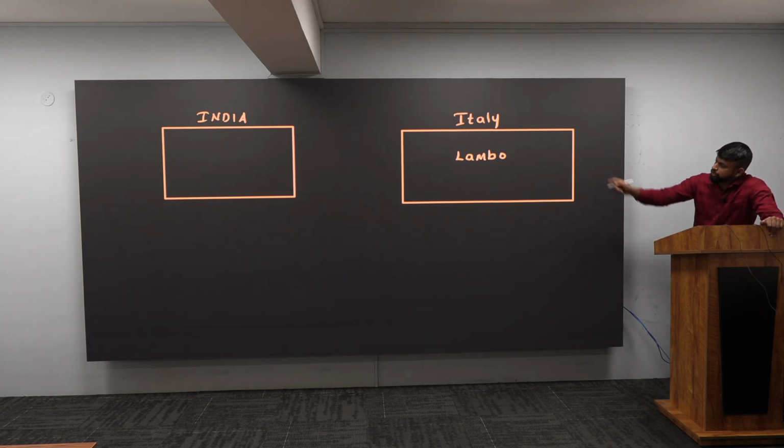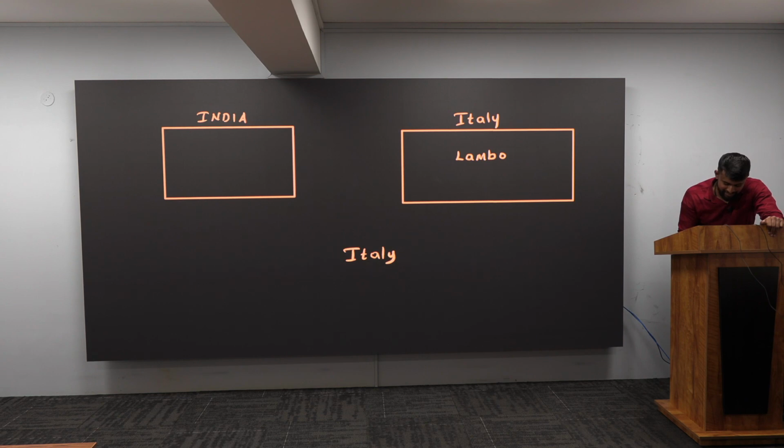Now, you want to get this Lamborghini to India. How will you get the Lamborghini to India? First you should go to Italy, right? Let me go to Italy now. How will you do it? This is how I will do it. Let me enter inside Italy. How will you do it? Dot. So there is one car. Which car? Lambo. I will take this and import it to my country, and that you should say in